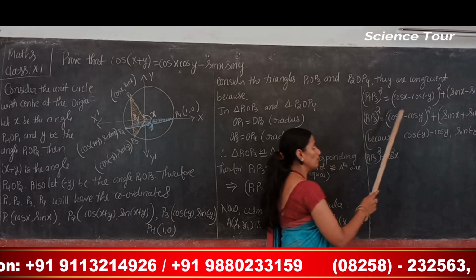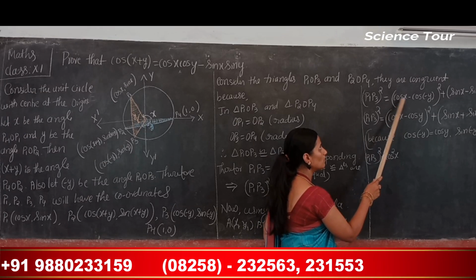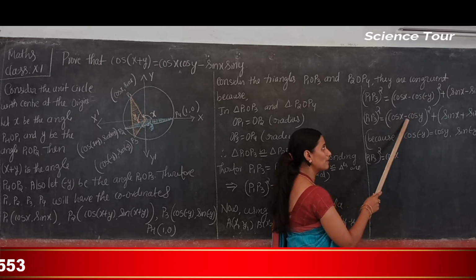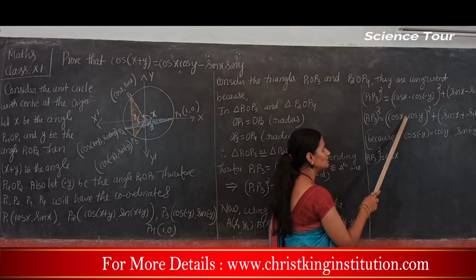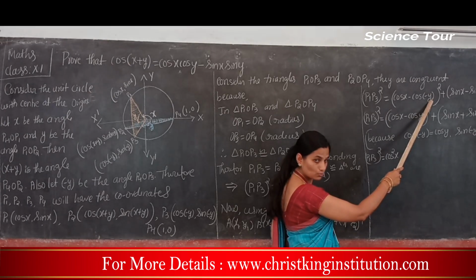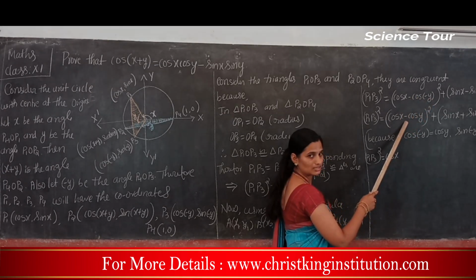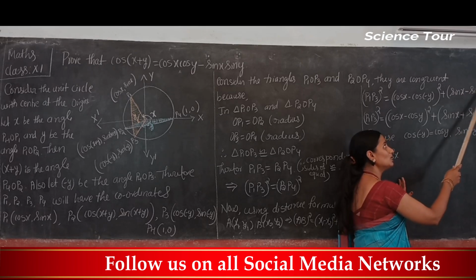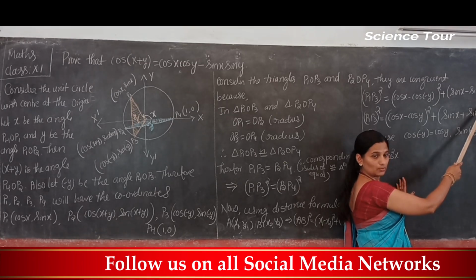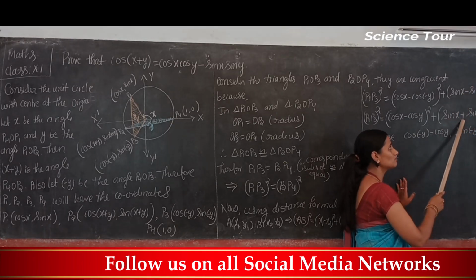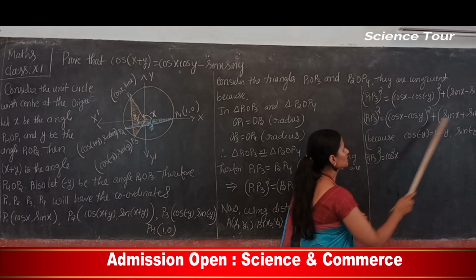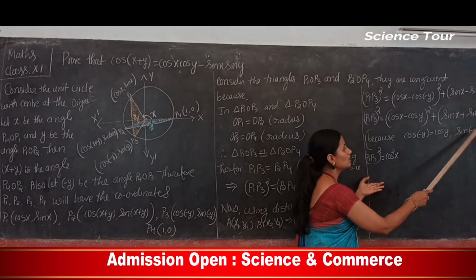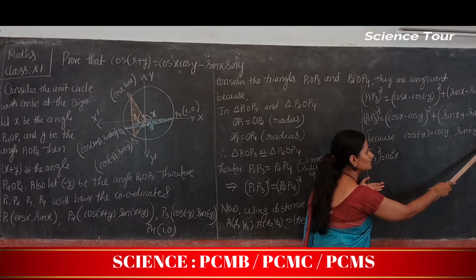So now using the formula, which formula is it? See, cos x minus cos of minus y. So cos of minus y is cos y, so plus into minus is minus itself. Now next, sin x minus sin of minus y. Sin of minus y is what? Minus sin y. Minus and this minus comes as plus. So now how to expand this? I wrote here because cos of minus y is equal to cos y, sin of minus y is equal to minus sin y.